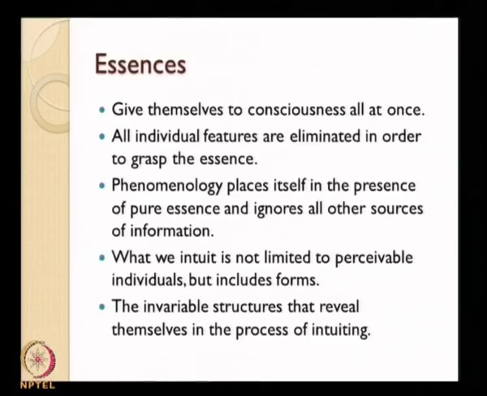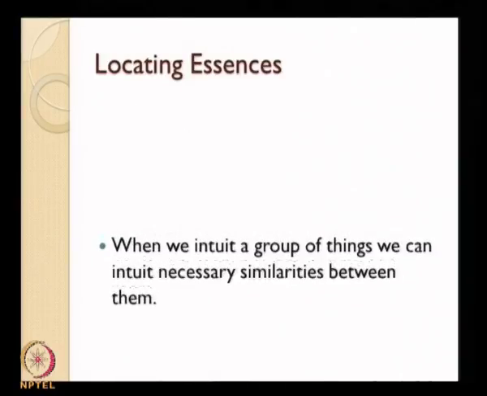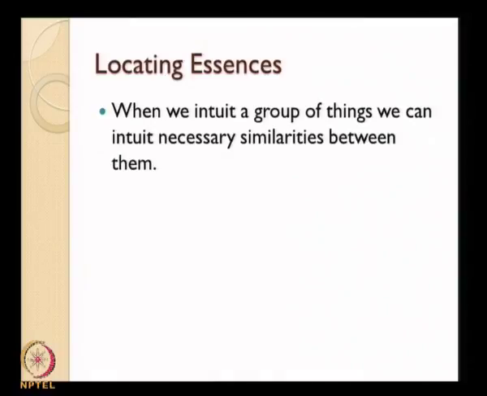This particular bottle has a certain color and shape and other very individualistic characteristic features, but this is not what is being intuited by us. What we intuit is the form, the structure, the invariable structure of that object, that is the essence. Now, locating essences is when we intuit a group of things, we can intuit necessary similarities between them,